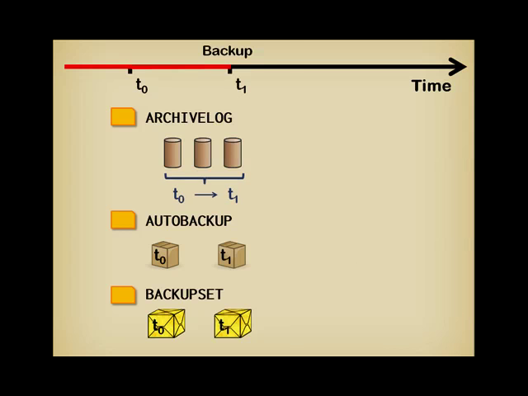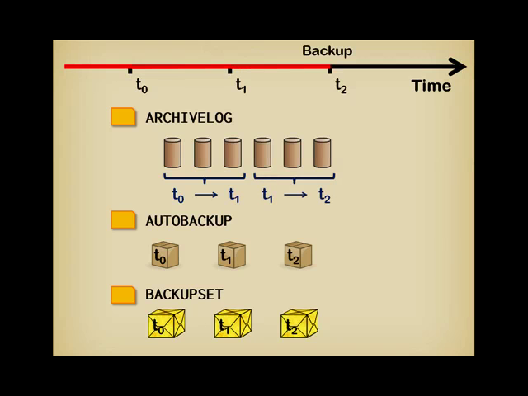At T1, new backup, and the archived log files that have been archived since the end of the T0 backup record the history of transactions between T0 and T1. They provide all the detail between the two backups. Let's go on. New backup at T2, and here, per the retention policy, the backup sets created at T0 will